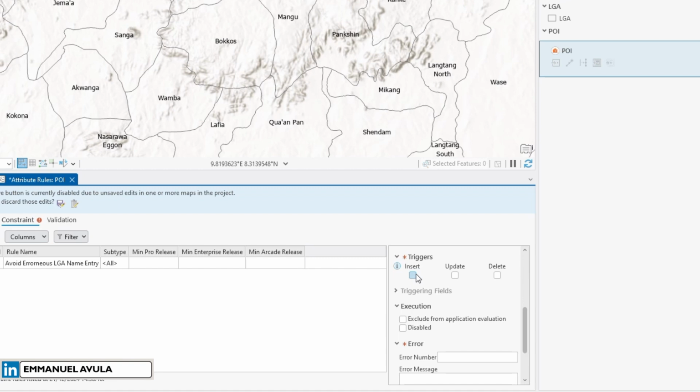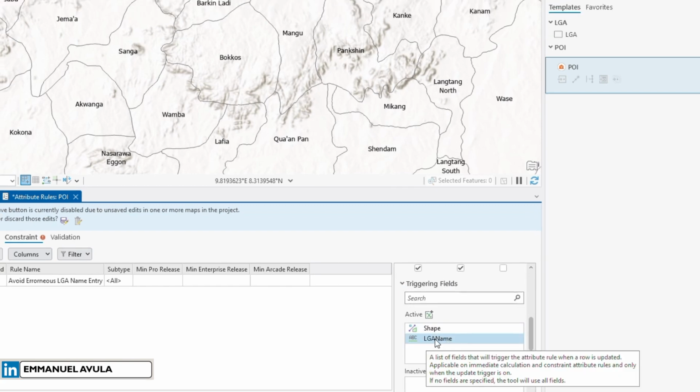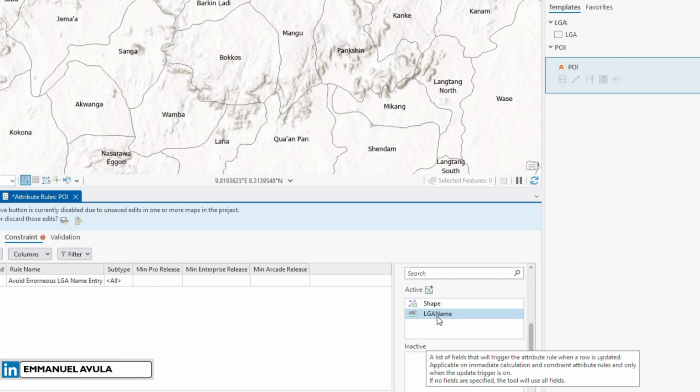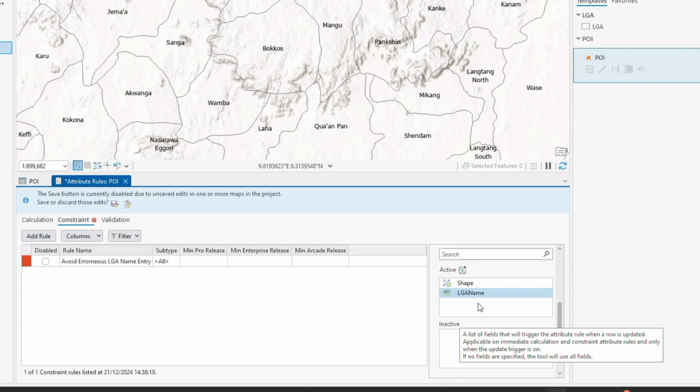So we are checking this too. So this local government name is our main interest, and that is what the constraint will be looking at. And then we will